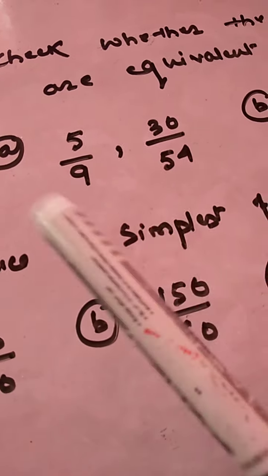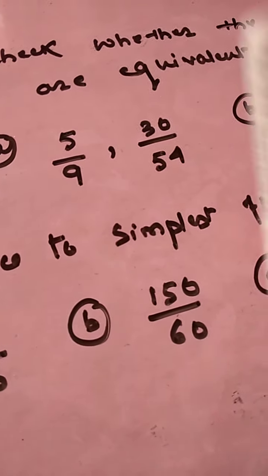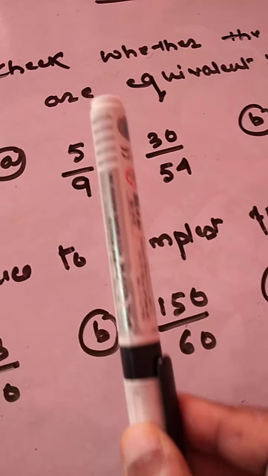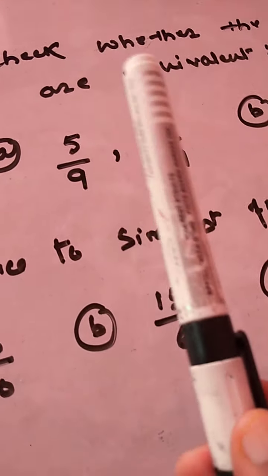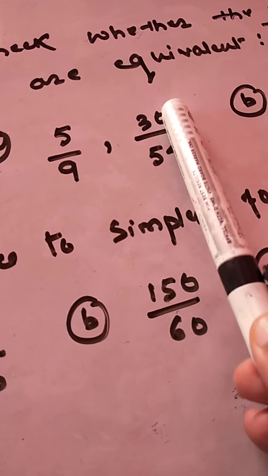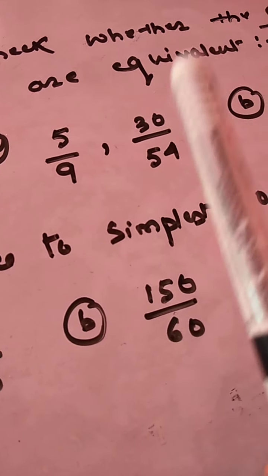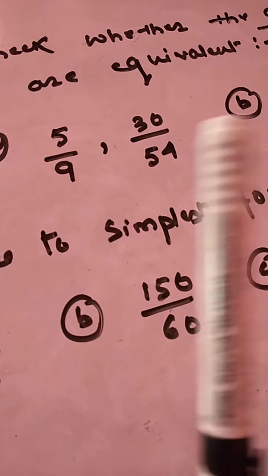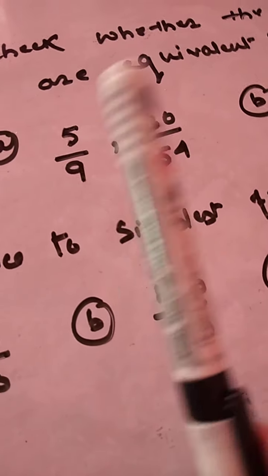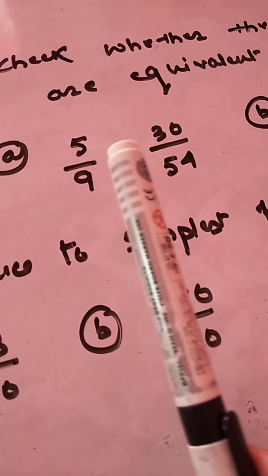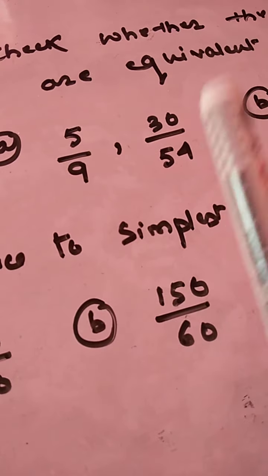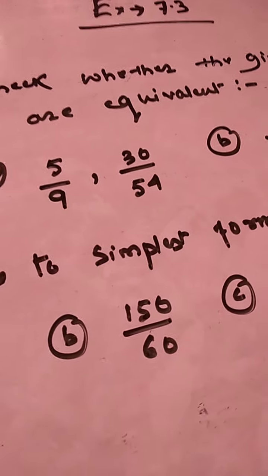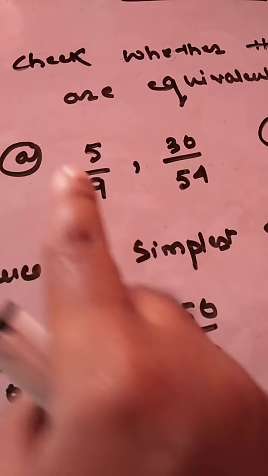Now what is the meaning of value? That I will make you understand. In each fraction the numerator and the denominator are different, but the values need to be the same. If all the fractions given in the question share the same value, then by nature those fractions will be termed as equivalent fractions. So how to get the value?